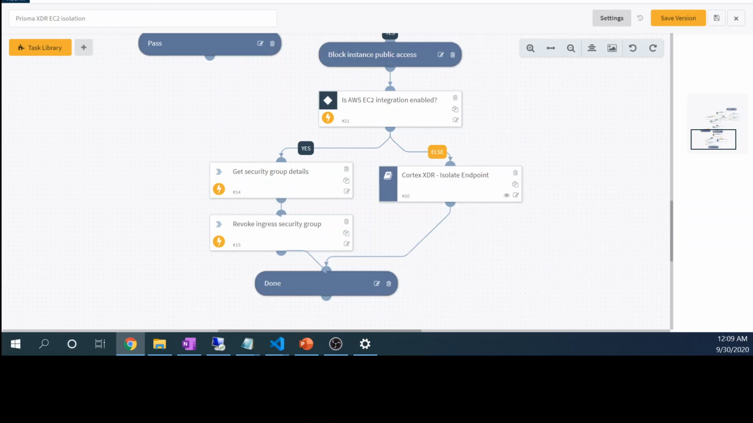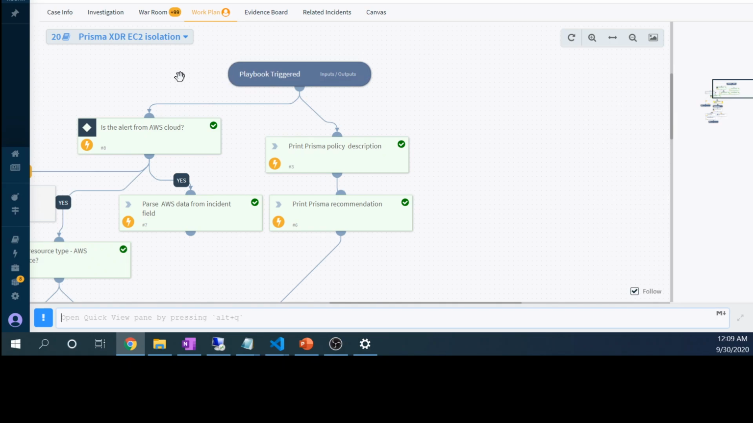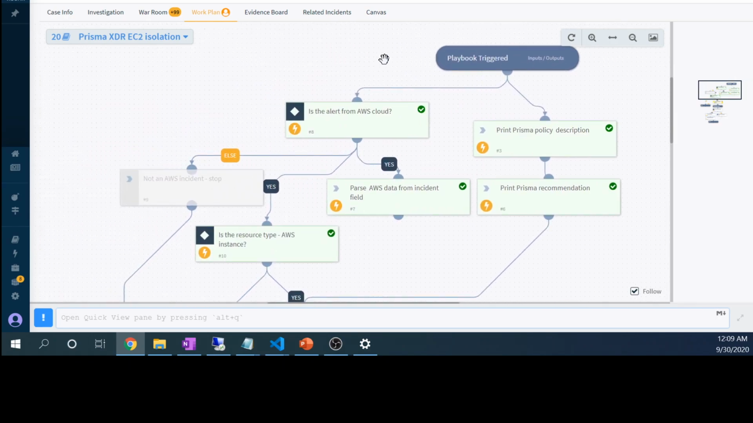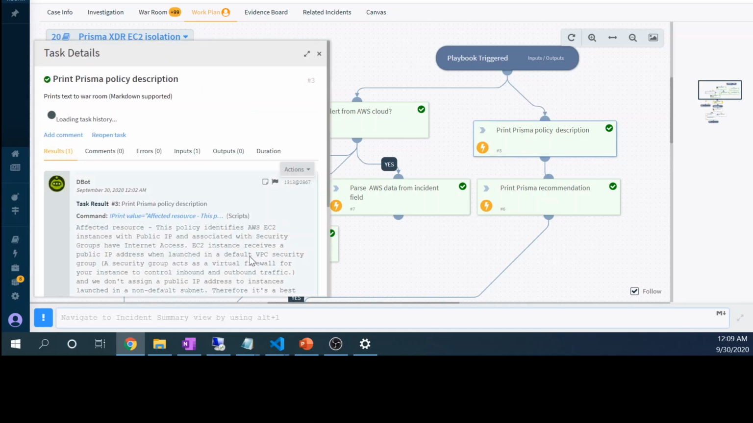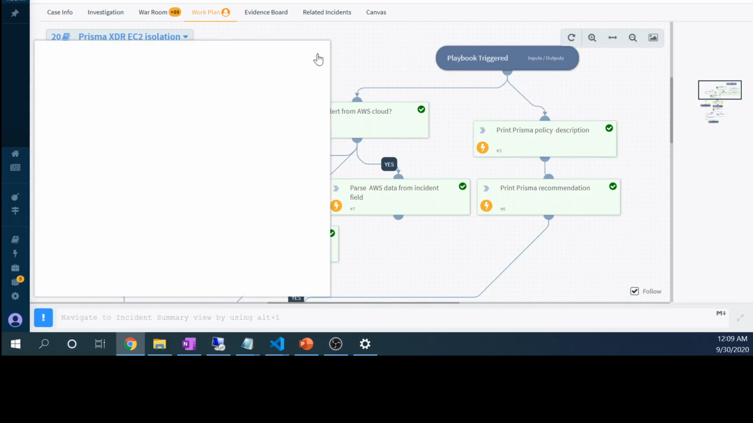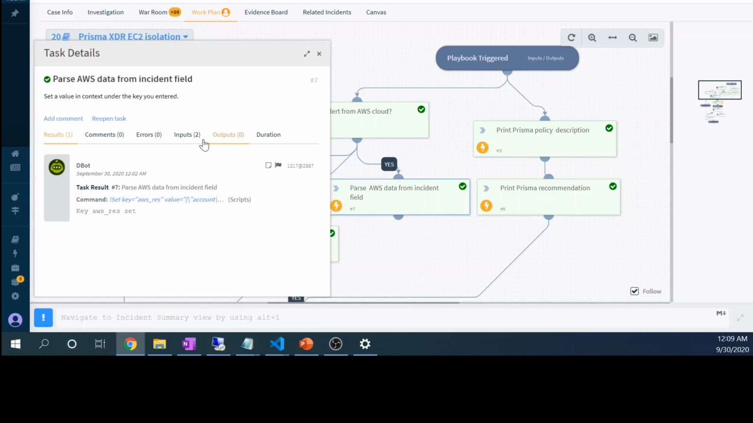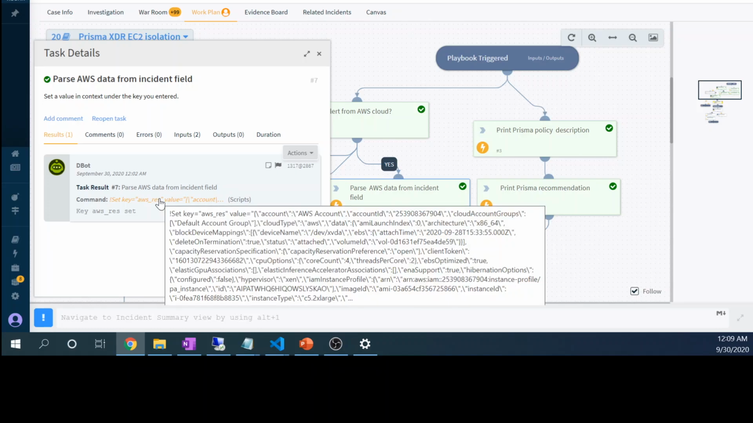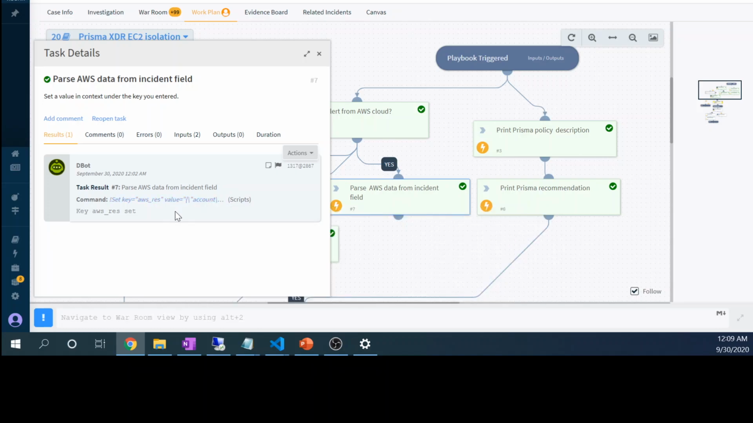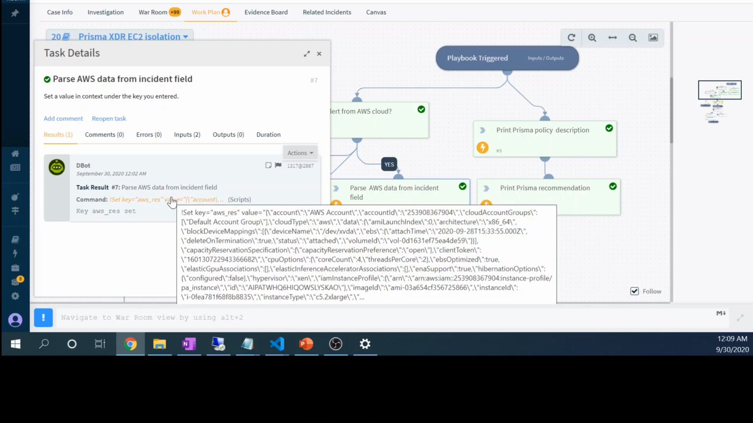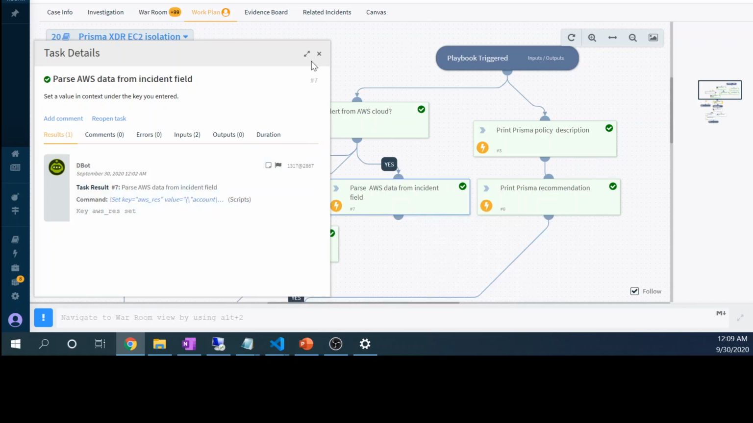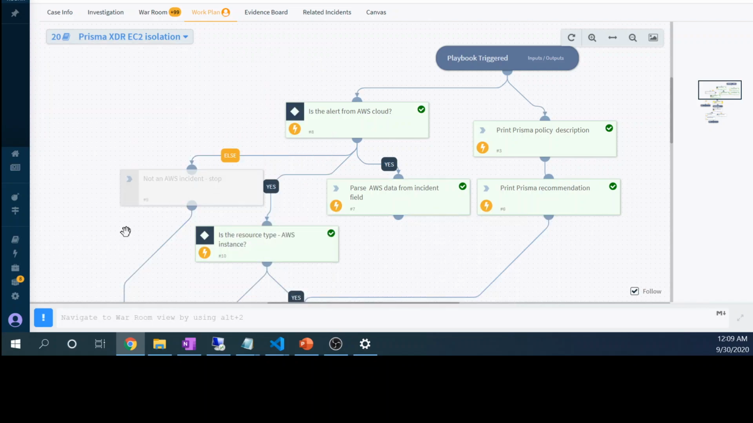Now let's go back to the incident and see the work plan. We should see some of the activities already completed. For example, we see the Prisma policy printed out. We see the alert from AWS that was not available. We have parsed it, so now all of these things are stored in AWS underscore REST key. Moving on,